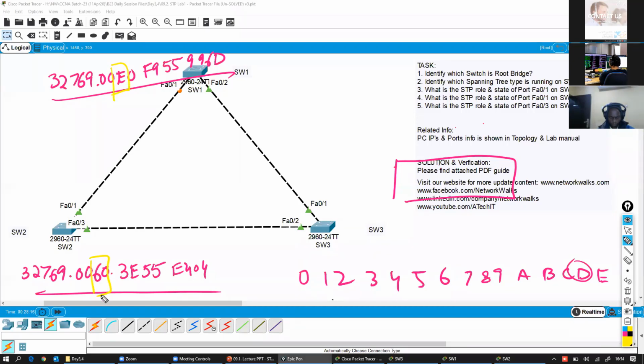Switch 2, yes. So it means switch 2 is smaller, sorry, not bigger. Switch 2 is smaller. That's why this port will be selected as designated port. And the one which is bigger will be the blocked port. So clear, guys? The people who asked that how come this port became down and this port became designated port? Is it clear now or still question?